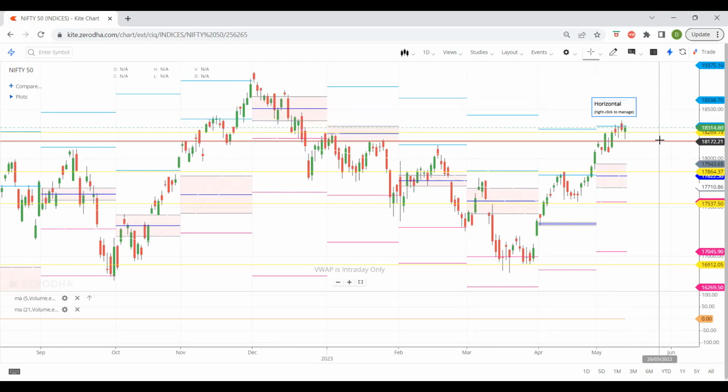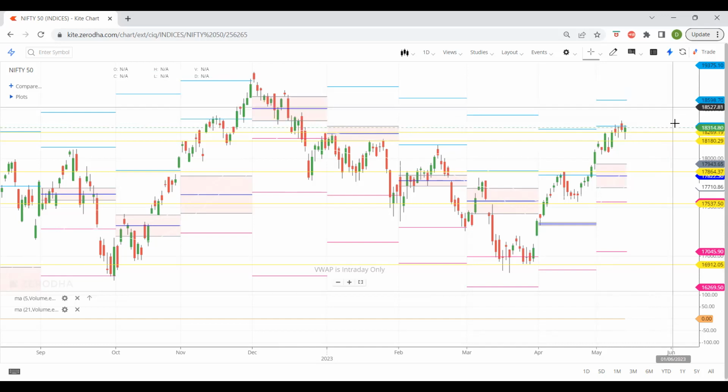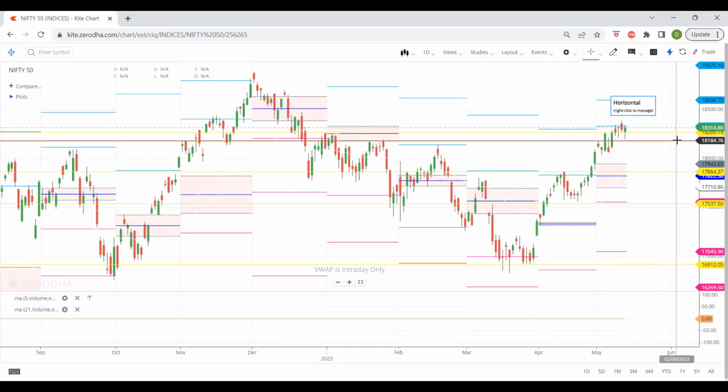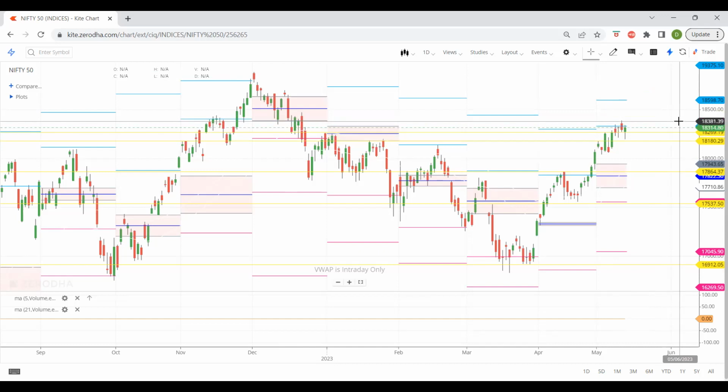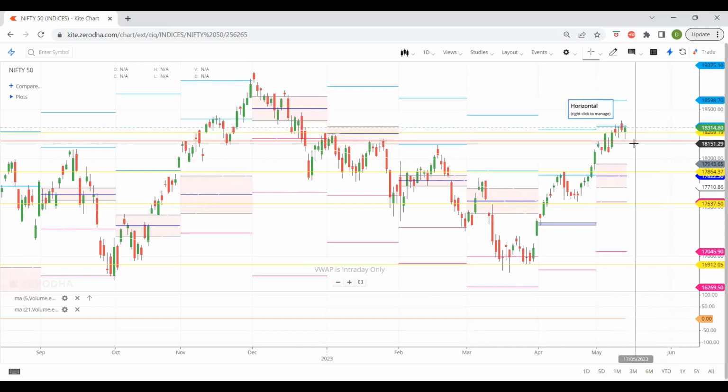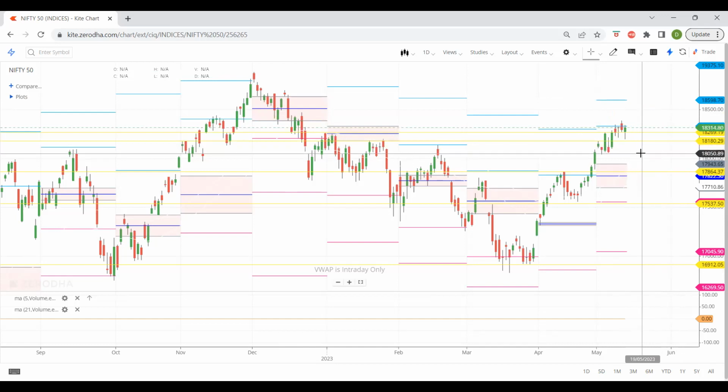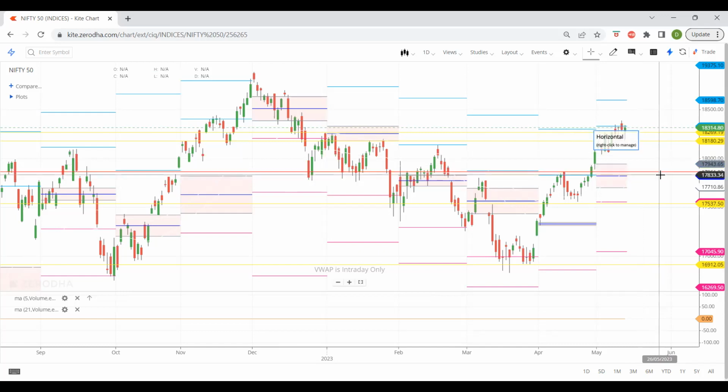The key here is that for the bullish trend to remain, the 18,200 level needs to hold. Then ultimately we will see that Nifty might break 18,350 and make a move towards 18,600 levels, where again it might find some resistance. So what happens if the 18,200 level breaks? It might break, there is no guarantee that it will hold on. The next support actually comes in at 18,050 levels. And if that also breaks, then a much stronger support emerges at